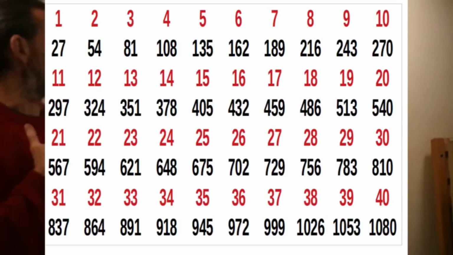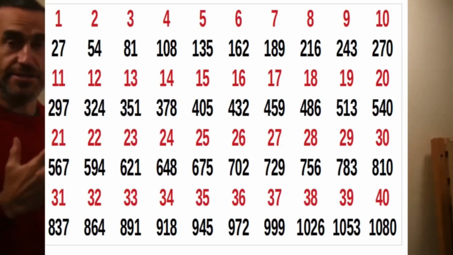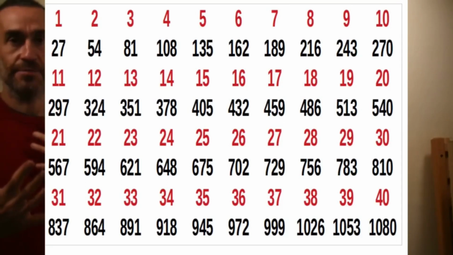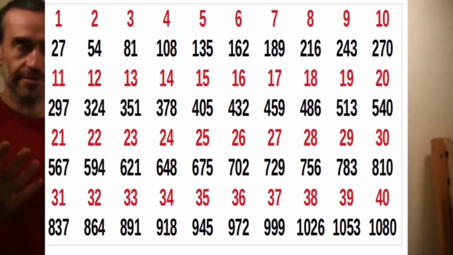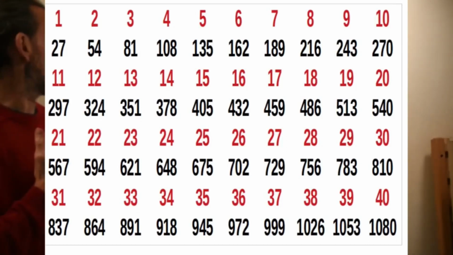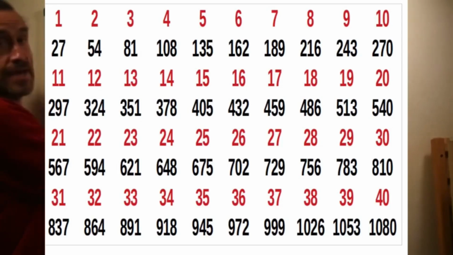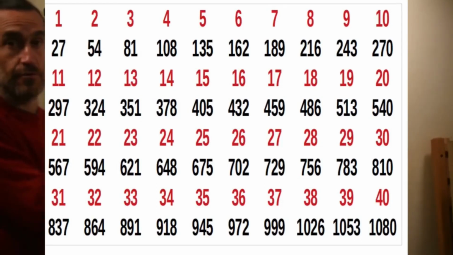So what we get here is, up until the 37th term, each term of the 27 times table has one from each of these number groups fusing together to form each number. And then we arrive at the 37th term and buff, we've got 999, which is all numbers